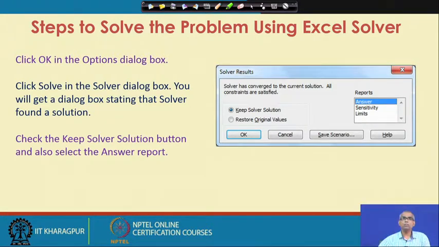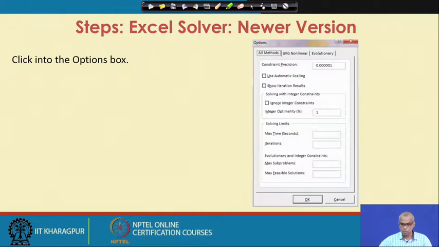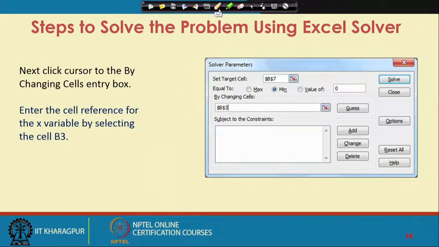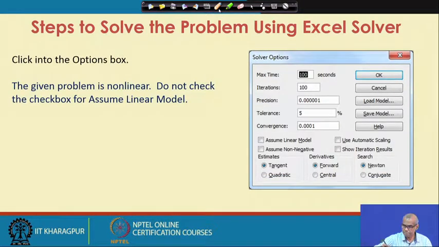In the newer version, you have chosen the solver, that means GRG nonlinear in this particular example, and after you have indicated options, you are now ready to solve the problem. So, you have a button here to solve the problem.